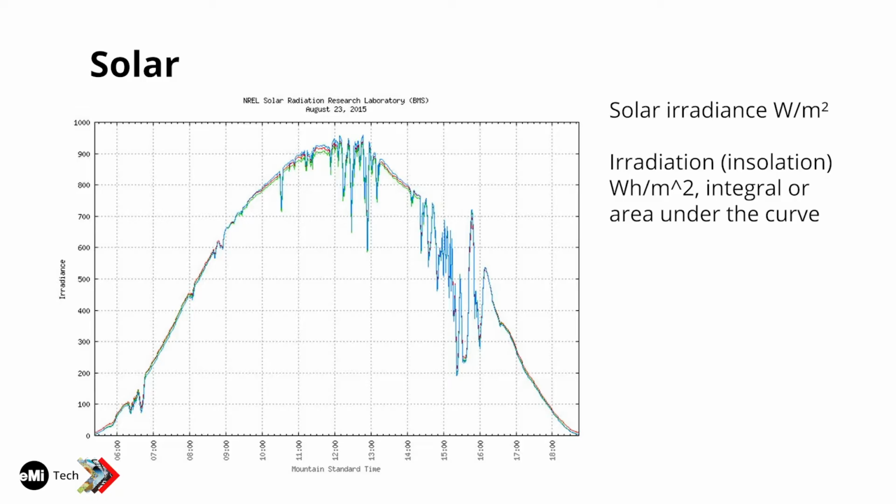So how do we measure solar energy? There's solar irradiance, or watts per meter squared. That's the amount of light that's striking the surface. And then irradiation is the watt hours per meter squared. This graph is basically, so watt hours per meter squared is the integral under the curve. So this is the irradiance, or amount of sun hitting the surface at any moment, and this is throughout the day. So at this point, what time of day do you think it is? It's noon, right? It's the most sun. And then all these little squiggles here, that's just cloud cover, things like that happening.